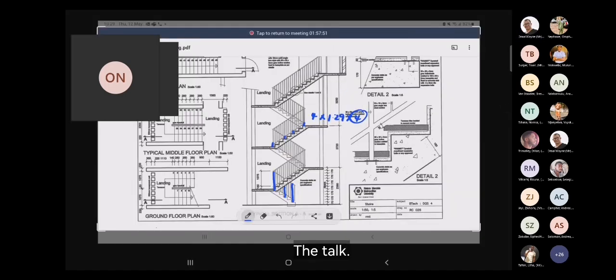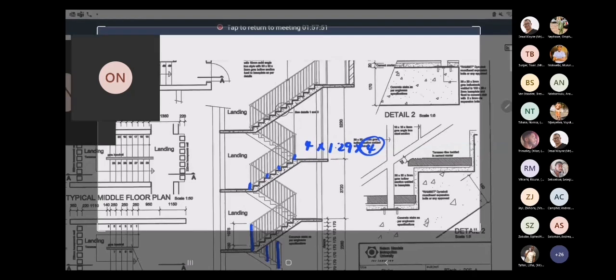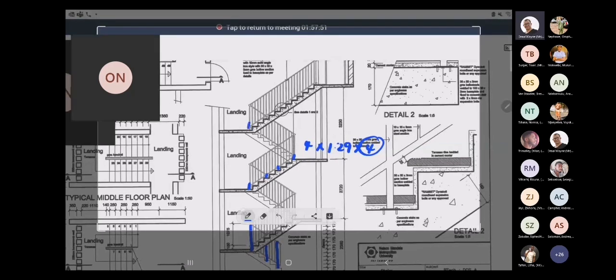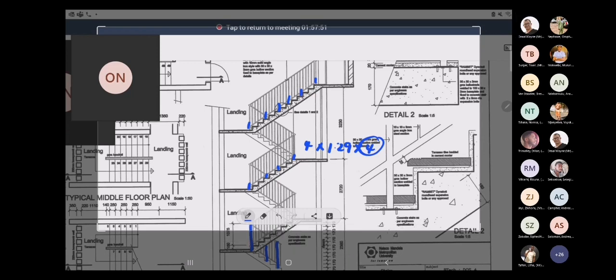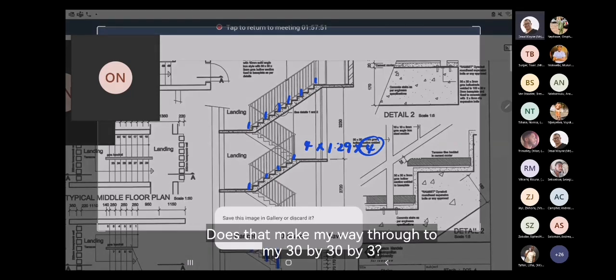For the top, 1, 2, 3, 4, 5, 6. Now 6 of those, and that would be multiplied by the 1.29. That is for all my balusters. As I make my way through to my 30 by 30 by 3,